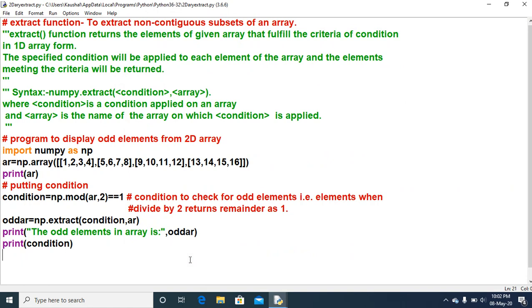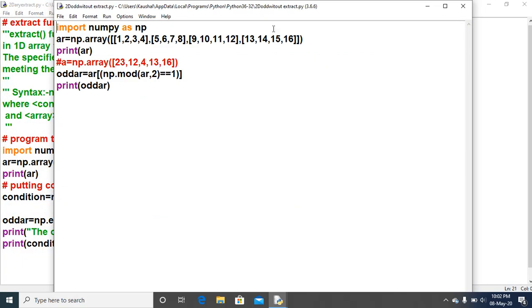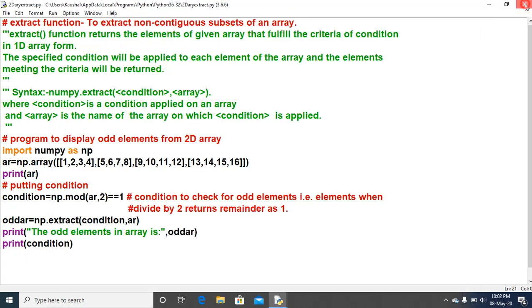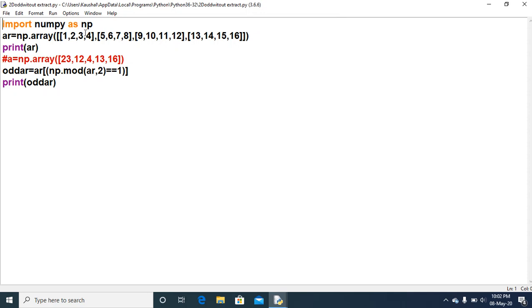It is not necessary that you put the condition in through the extract function only. Okay. So the next program that I wanted to show you is without using the extract one. Just look here. Import numpy as np.